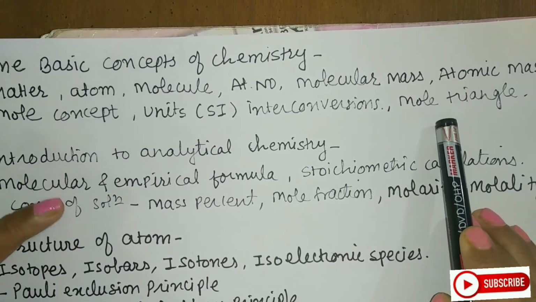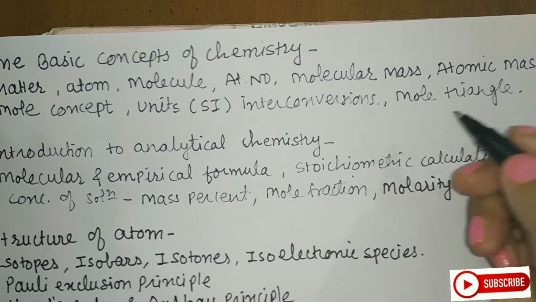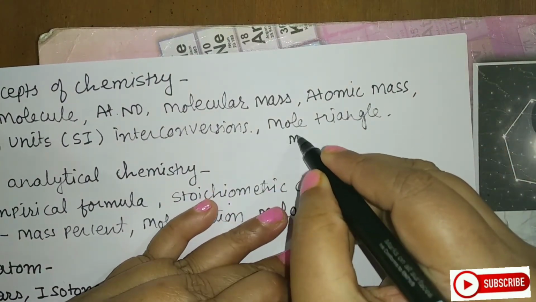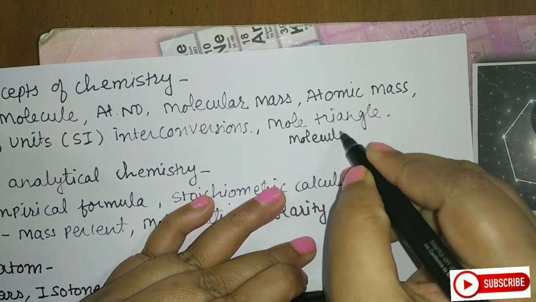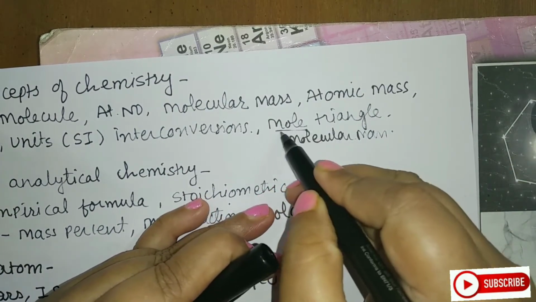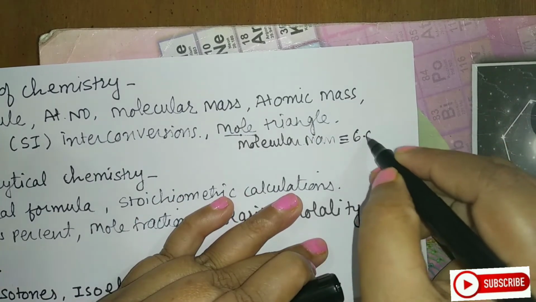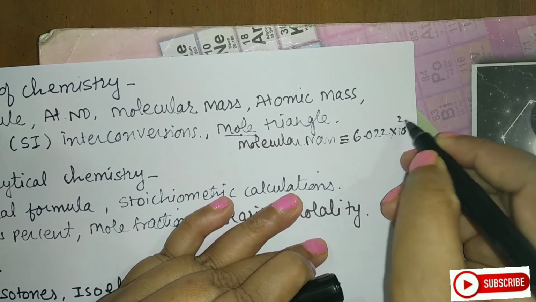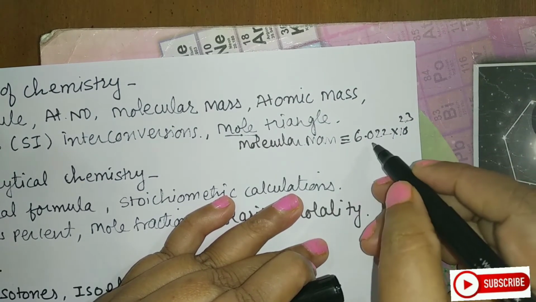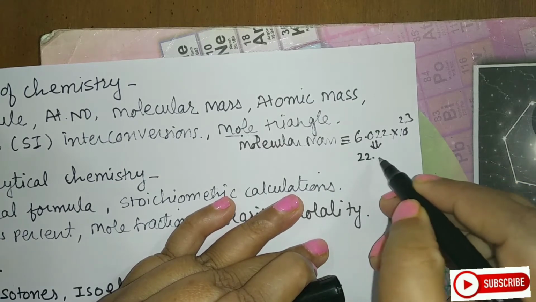And next, very important is the mole triangle. What is there in mole triangle? You must have knowledge of how to convert the molar mass of the substance, mole of the substance, by using Avogadro number, that is 6.022 into 10 raised to 23, and from this how you can convert this to STP volume, that is 22.4